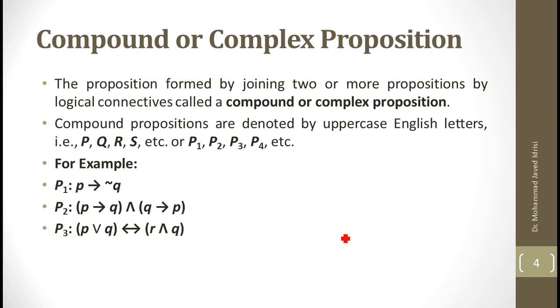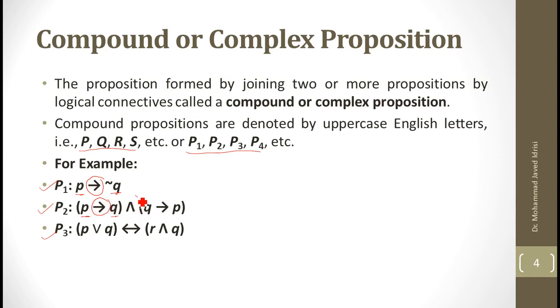Any two propositions joined with the logical connectives are called compound propositions. They are denoted by the capital letters P, Q, R, S or P1, P2, P3, P4. Here we have considered three compound propositions P1, P2 and P3. In the first compound proposition, this is a connection of two propositions P and negation of Q with the logical connective implication. While in the second compound proposition, we have two propositions P and Q, and there are two logical